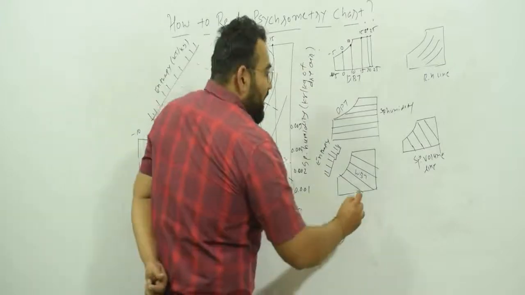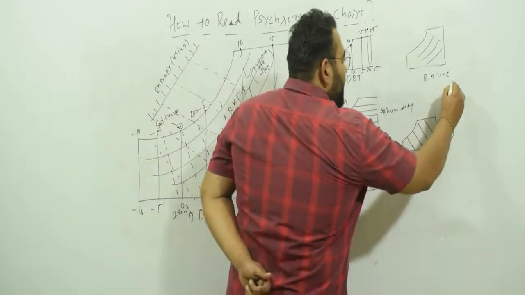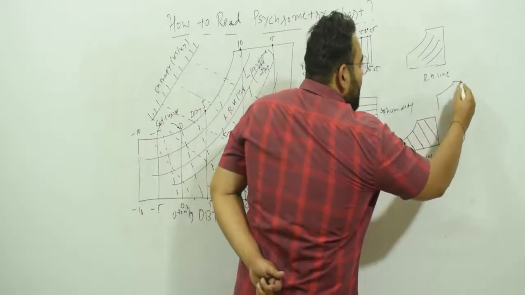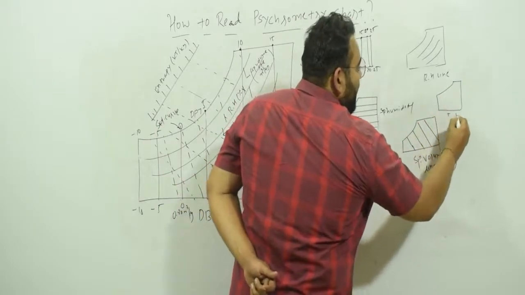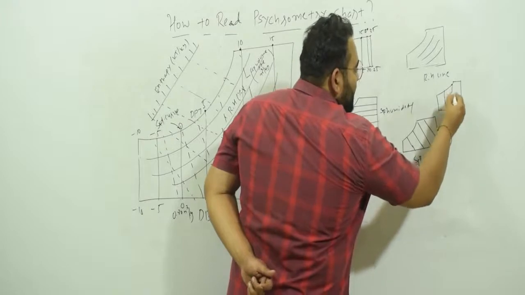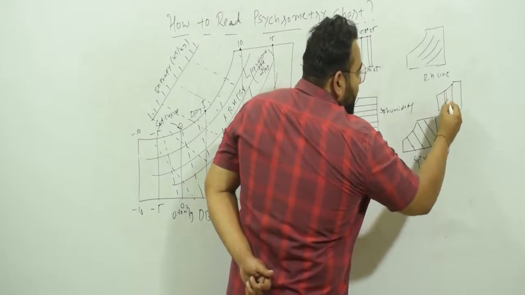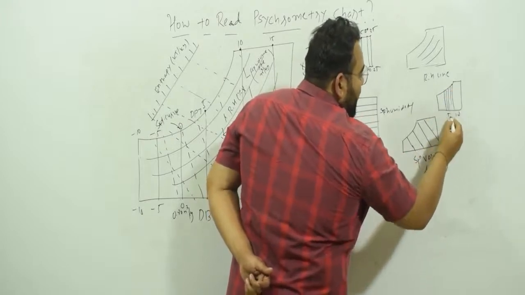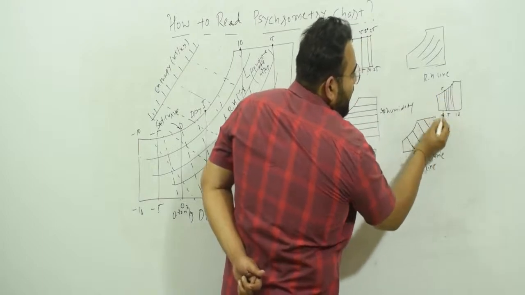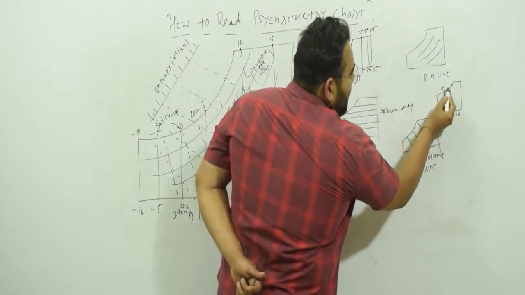So it will be something like this. Let me draw it over here. Let's say this is your chart. Okay, something like this. And here 5, here 10, this 5 line, this 10 line. So here they will give you a line like this. Okay, so this is 5, this is 6, this is 7, so it will be